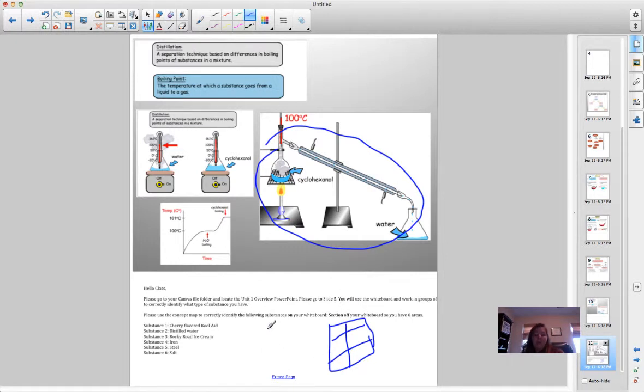And then you're going to make your own concept map. So we know that everything is definitely going to start with matter. Okay, so matter is going to go here in this little area. Okay, so after that we have to decide, is our substance a mixture or is it a pure substance? If you decide that it's a mixture,